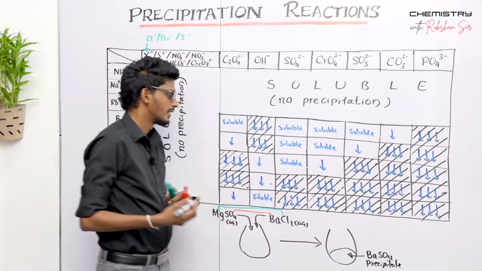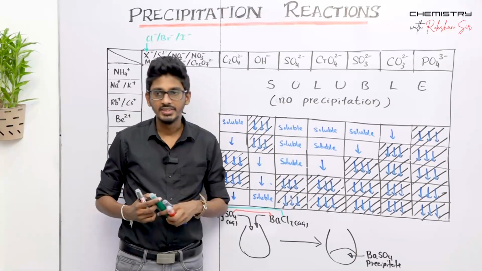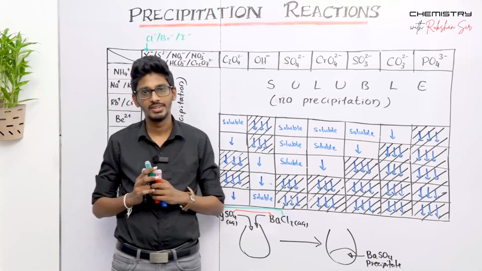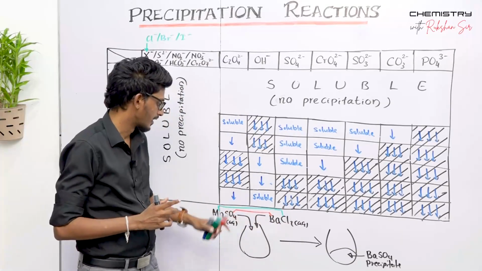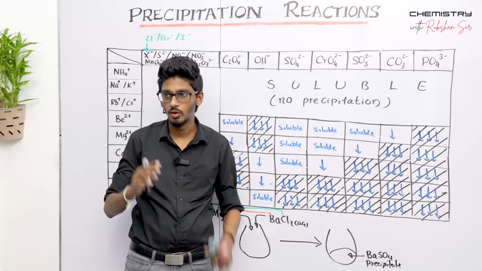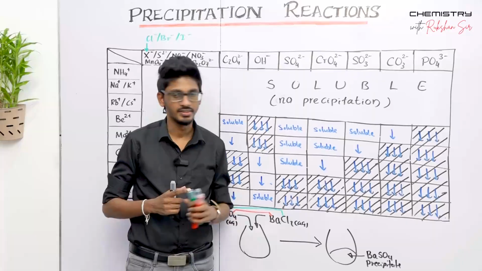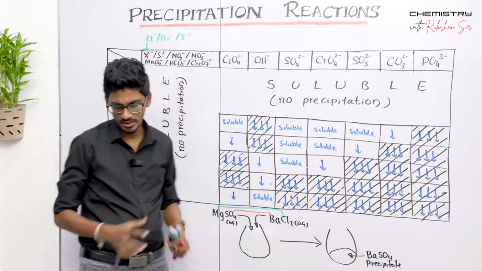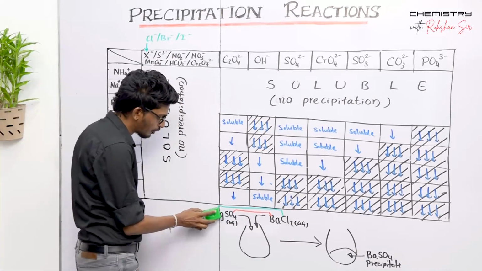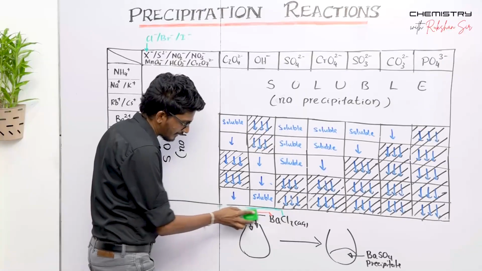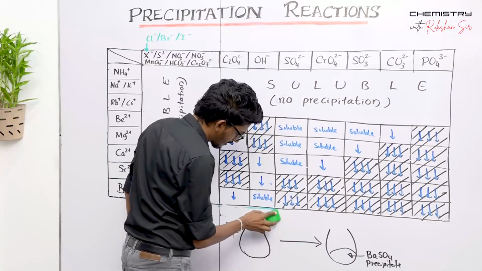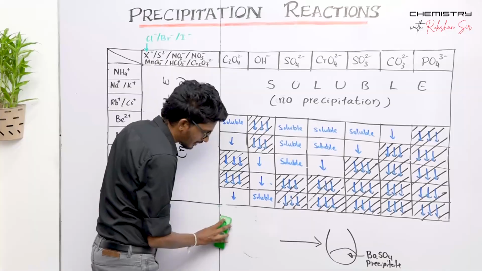That is how you have to predict whether a precipitation occurs or not when two salts are to be mixed, right? This is how we use the precipitation table to predict that. Let's discuss another two salts to mix, and let's try to predict whether a precipitation occurs or not using your precipitation table,